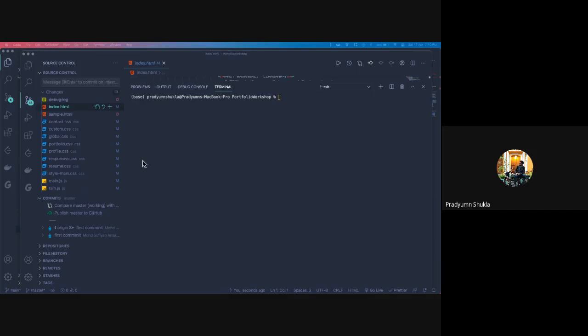So what branches are: let's say there is a linear flow in time, which goes something like this. I'm sorry, I do not have a whiteboard right now, so I could maybe present it to you. But let's say you did commit one, you made some changes, did commit two, made some changes, did commit three. So these are all in a linear line. Now what you would like to do is create a separate line of code where you maybe have some other changes. This is known as creating a separate branch. It is a more complicated process and you will not have to use it right now, but I'm just introducing it to you so you can read more about this later.